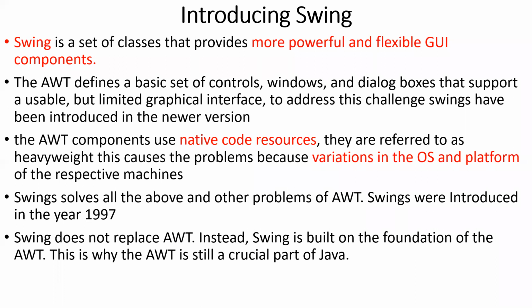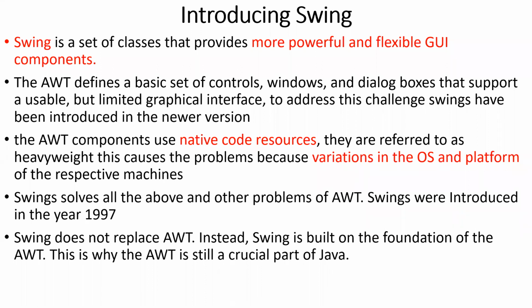Like, for example, Java came from the C language. C is the mother of it. It does not mean that Java will eliminate C or that Java dominates C. It's not like that. C is also important as well as Java. Based on the application, we have to choose the respective language. But Java provides more features than C. In a similar manner here also, Swing has been designed based on the foundation of AWT. AWT is the mother.